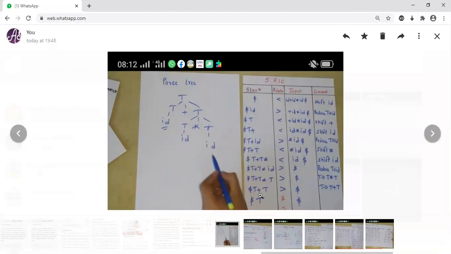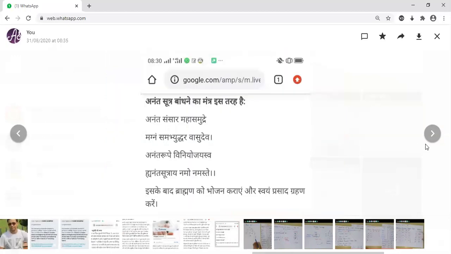We start with capital T, then reduce this to T plus T. Finally, this T derives ID, and this T will derive this T star T, and like that, T star T. This is the way. T having T plus T, then this T having T star T like that, and then this T having ID, and finally you put this ID over here, and then you put one ID over here. So this is the way this parse tree completes, and we complete all these 4 steps that we use.